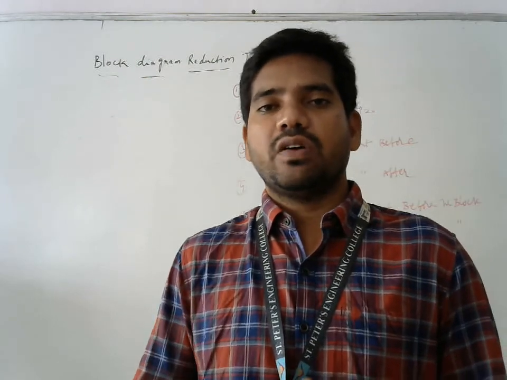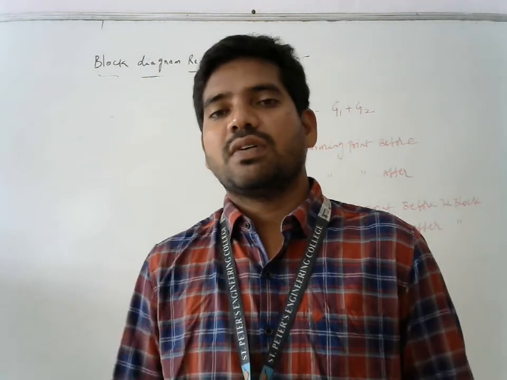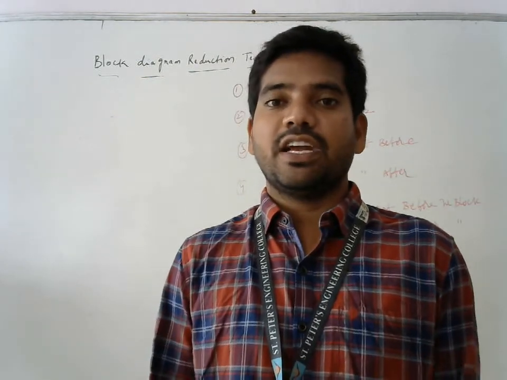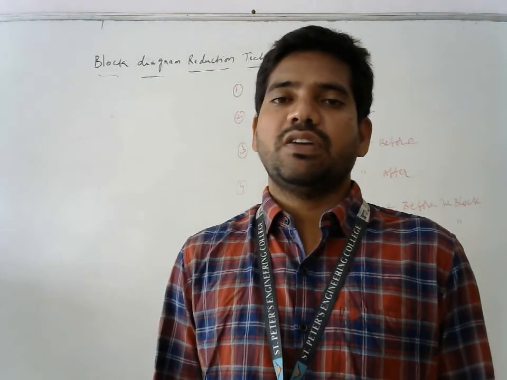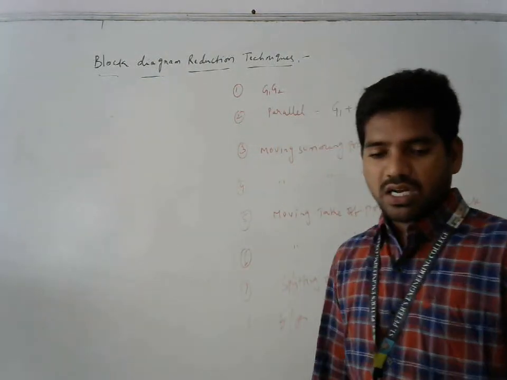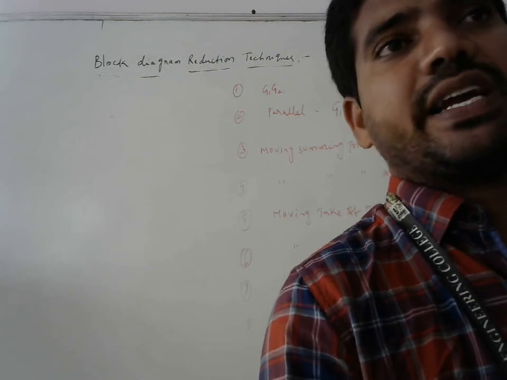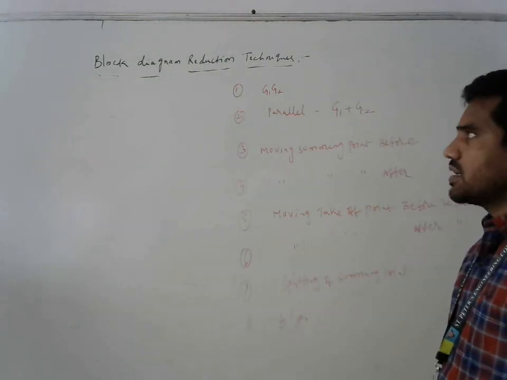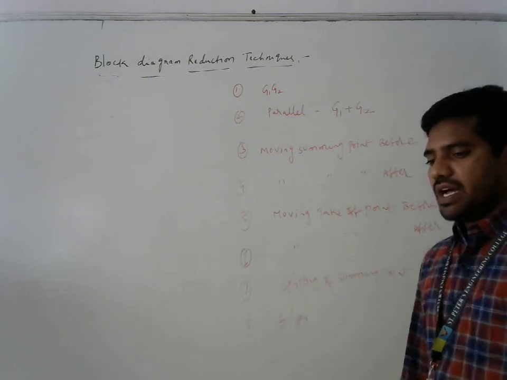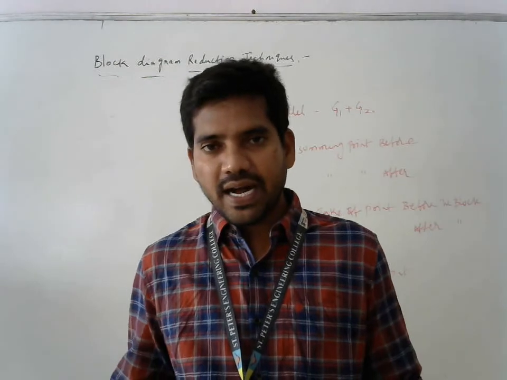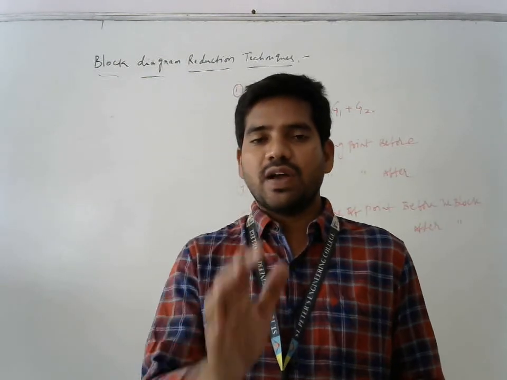Then you need to write down the formula. If it is a positive feedback, G divided by 1 minus GH. If it is a negative feedback, G divided by 1 plus GH. These are the basic rules, the block diagram techniques. We call this the block diagram reduction techniques. These are the 8 techniques we have to simplify a big block diagram into its equivalent diagram.